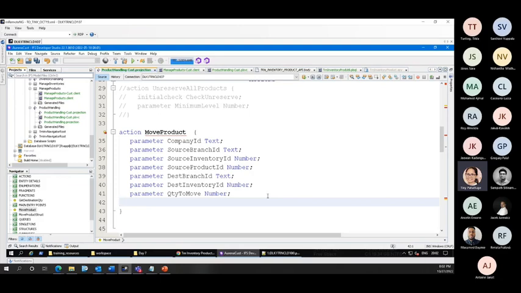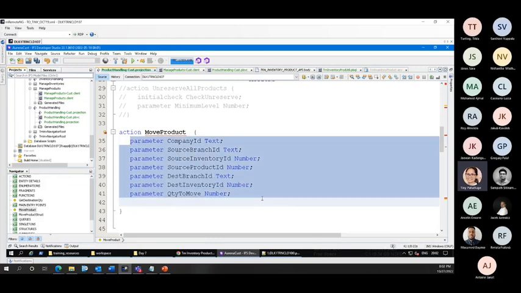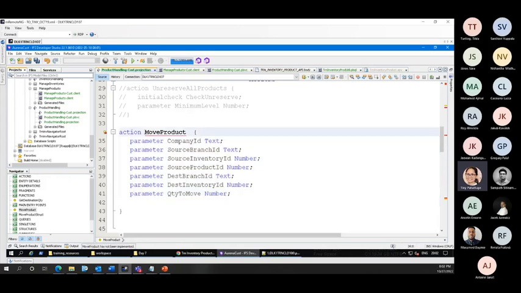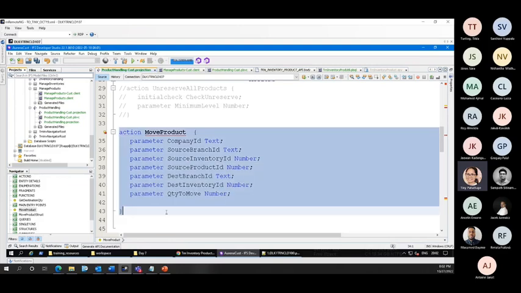So we can use whatever parameters we want here, and we can simply use that action because we are not specifying a particular logical unit for it if it's an unbound one. So this is an unbound one because we are not specifying a logical unit that we are going to use this action with. But if we are specifying a logical unit that we are going to use this action with,